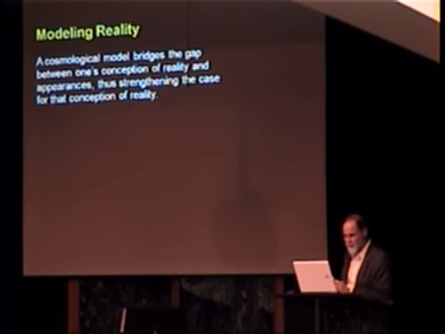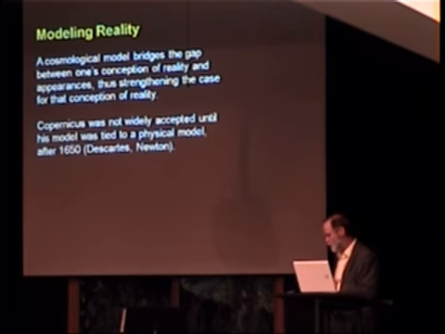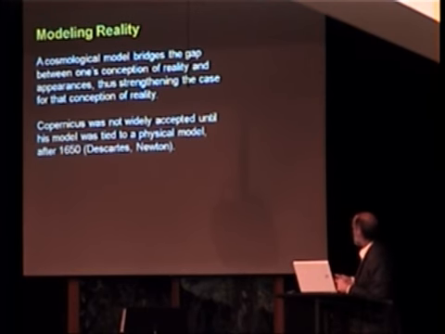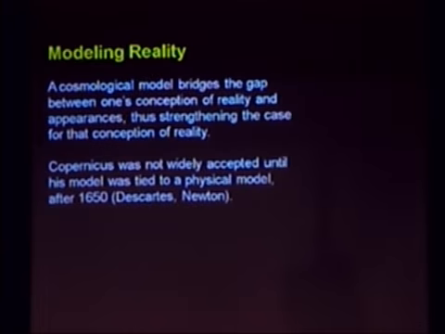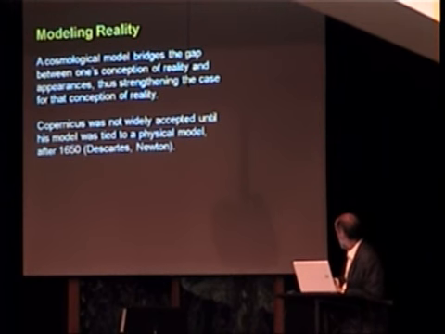But the thing is that there are different ways you can do that, and you can tie in different worldviews with different models. So it turned out that Copernicus was not widely accepted until about 100 years later, until his model was tied to a physical model after about 1650. Descartes came up with a physical model of the universe in which the Earth was moving. And according to Newtonian mechanics,